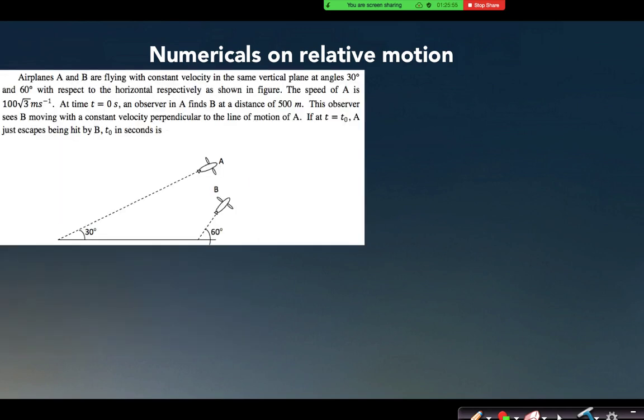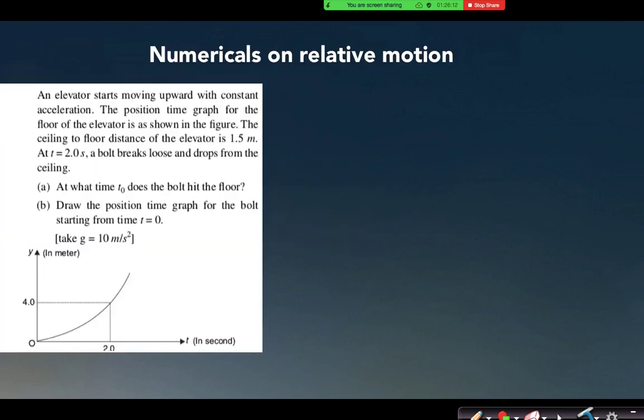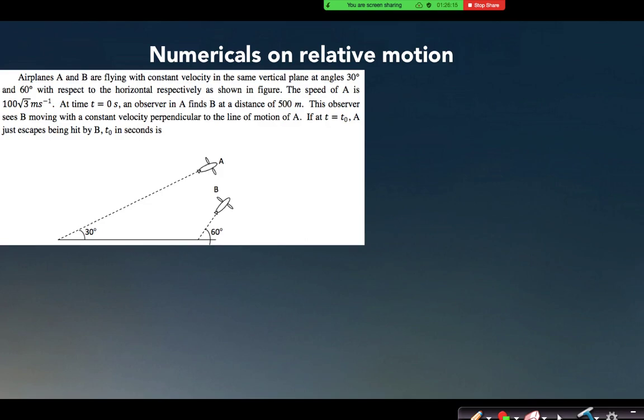This is also a good question that was a part of JEE Advanced 2014, I think. This question came in JEE Advanced 2014, an integer type question, again based on the basics of relative motion, right? So these two questions I have given you as your homework, and in the next class we will talk about